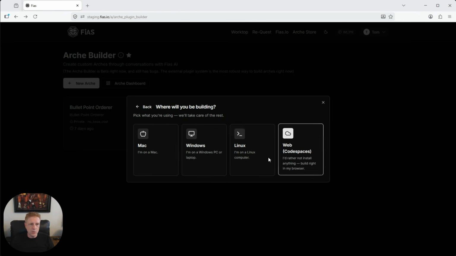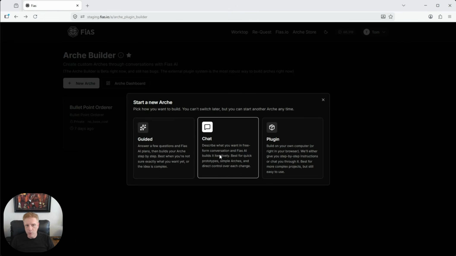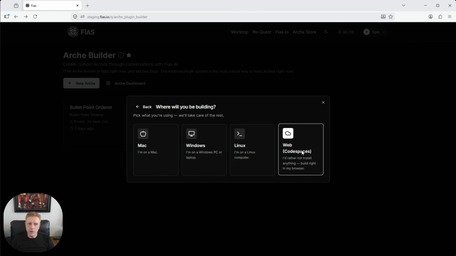And so you can build on a Mac, on Windows, on Linux, or even on the web. We built a code repository that you can use with GitHub's Codespaces. It charges a little bit of money, but not too much. So if you want to get started and your computer doesn't have quite the power, you can either use the guided or chat modes here, or build in Codespaces where you control the software there. And it's nice how we have this set up.